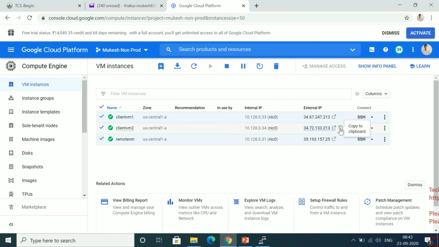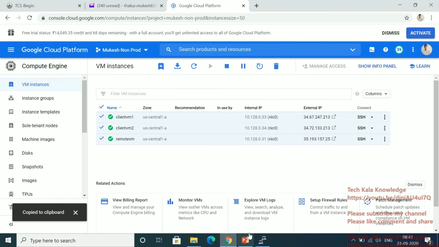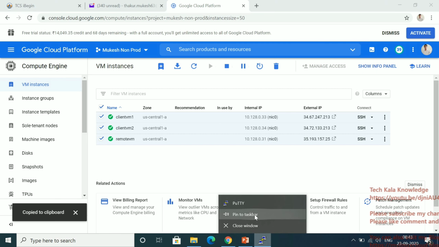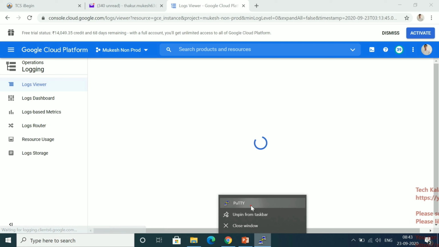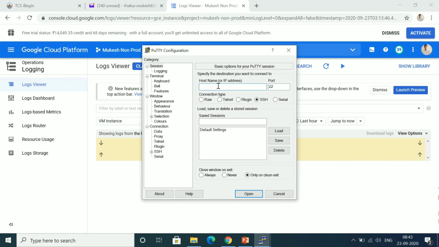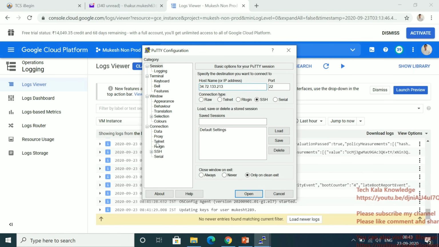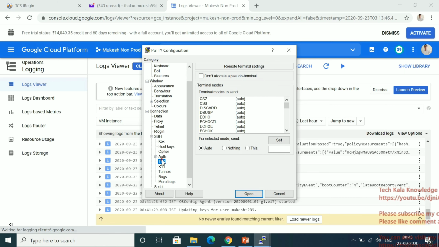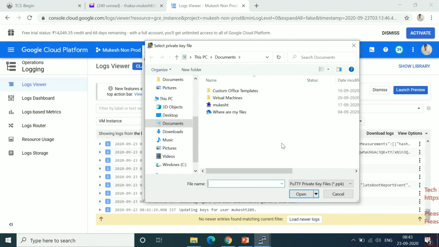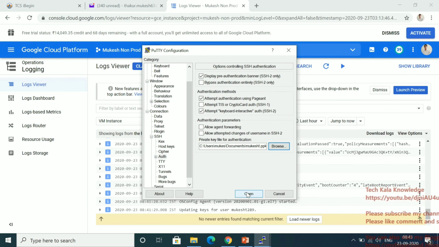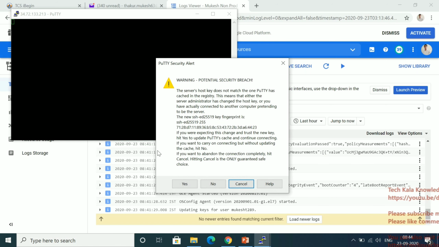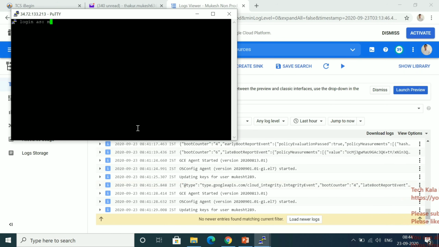Let me copy the second machine, like the client machine. Sorry, no issue. Let me copy the second machine. Select the user ID and select the key, and then give the user ID here.